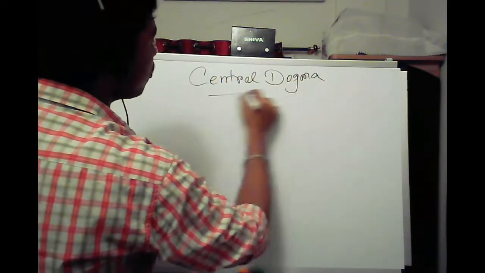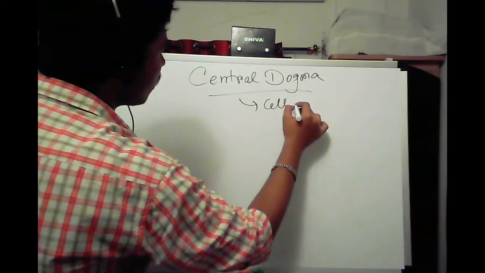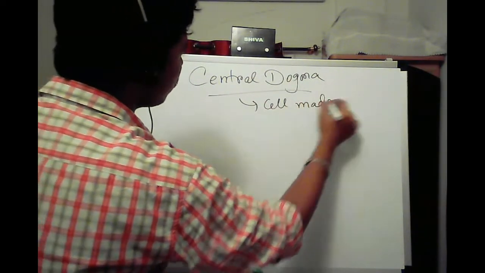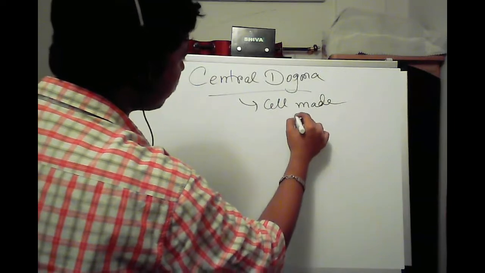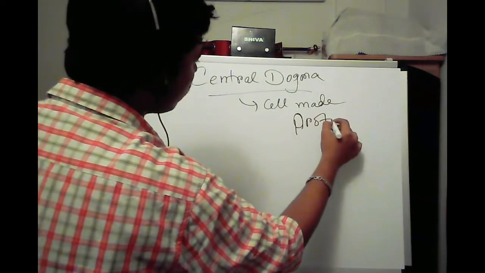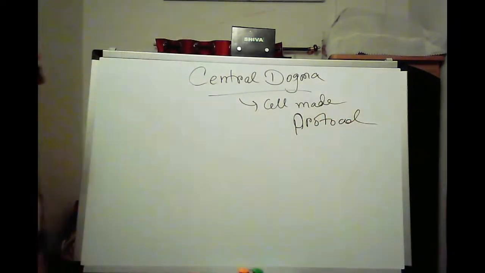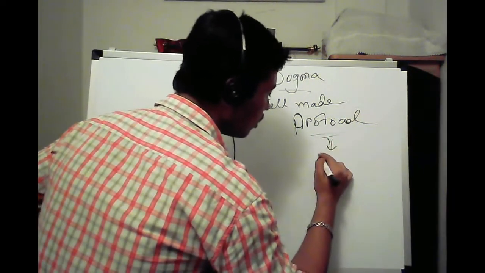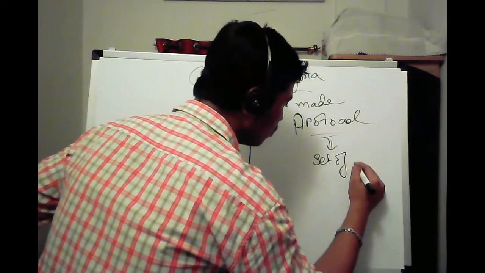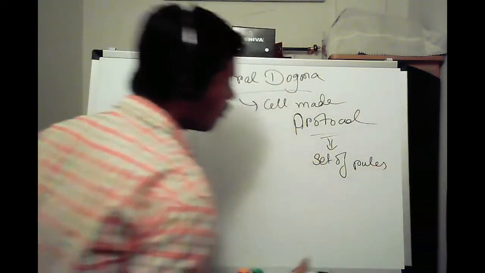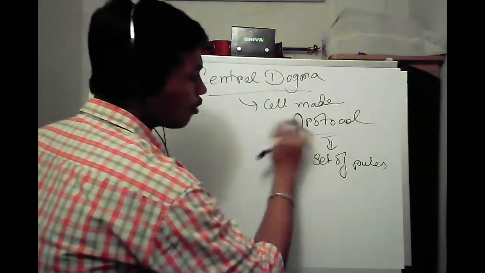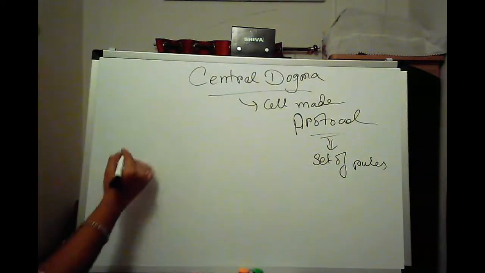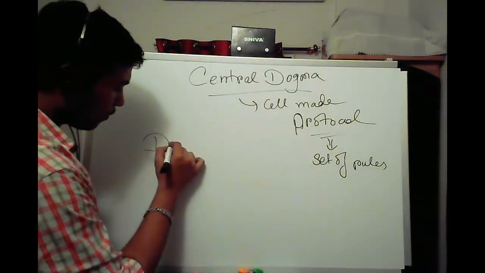it is a cell made protocol. What are protocols? Protocols are a set of rules for doing something. So cell made protocol means cell made set of rules. What are the rules? A DNA